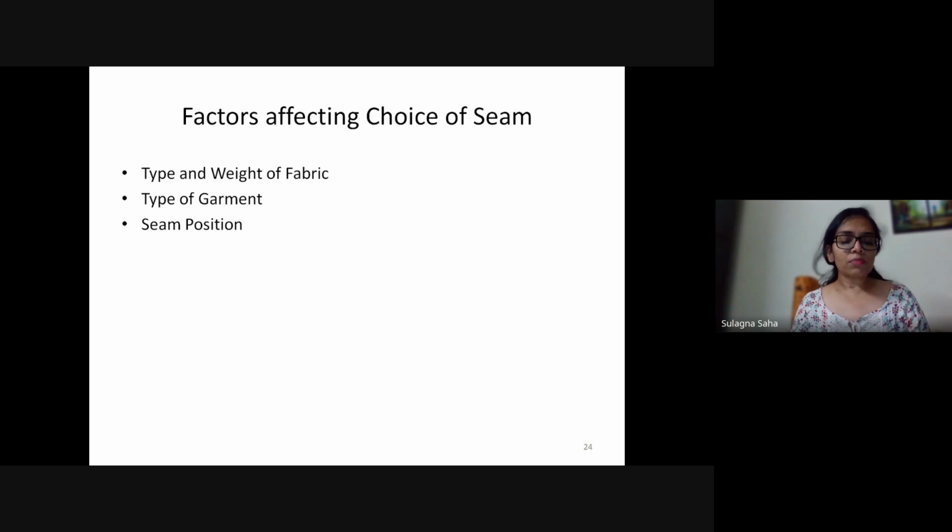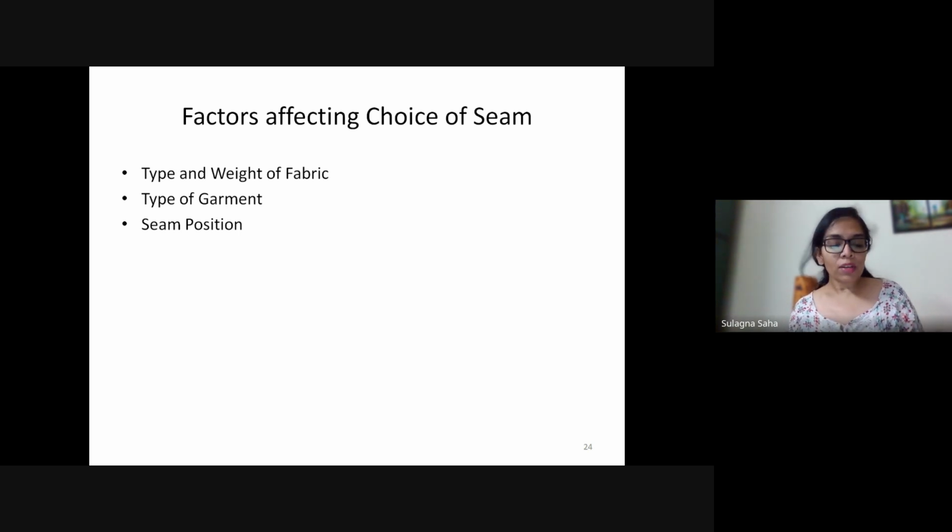So, for example, for fabrics that are heavyweight, or fabrics that don't unravel too much, we can have seams which are a basic sort of seam, like a basic plain seam. We can have that also. However, if we are using fabrics that have a tendency to unravel a lot, we have to use a better sort of seam. When I say better, a more advanced sort of seam.